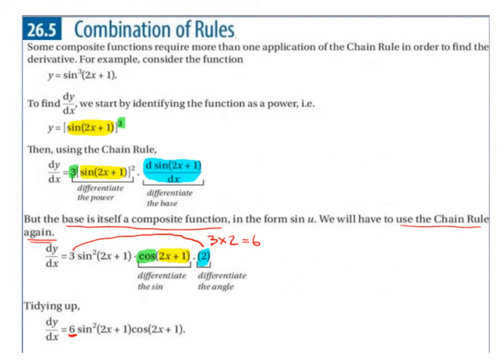Combination of rules. Some composite functions require more than one application of the chain rule in order to find the derivative. For example, consider the function y equals sine cubed 2x plus 1. To find dy dx, we start by identifying the function as a power, i.e. y equals sine 2x plus 1 all to the power of 3. Then, using the chain rule, dy dx equals